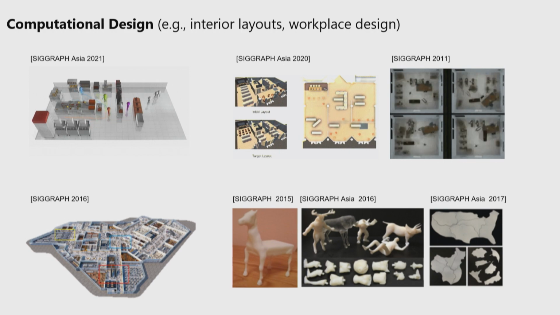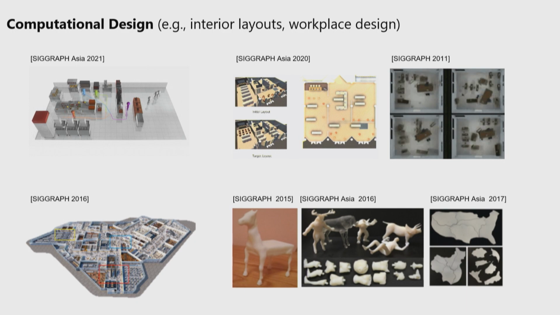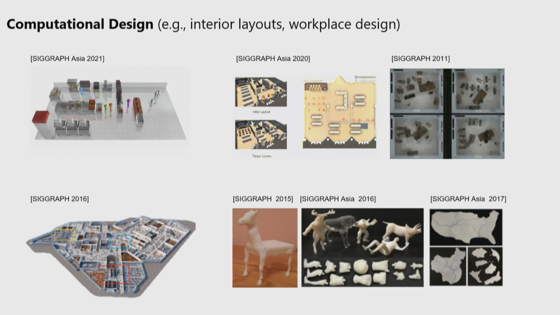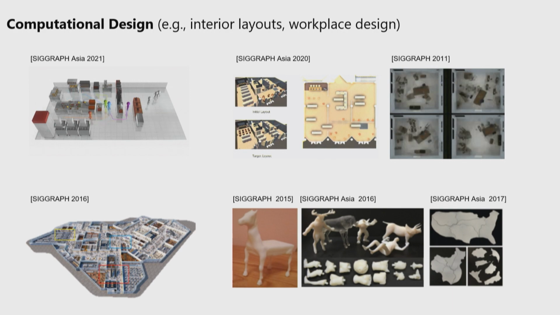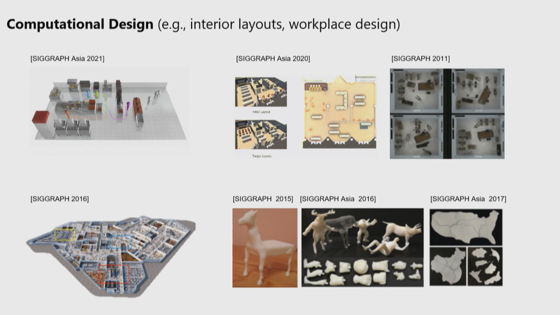Another direction that we have been working on for a long time is computational design. So basically, we want to turn design problem from a manual process into an automated process, right? So in order for us to do that, you have to mathematically formulate the design problem as a mathematical problem that we could utilize computing power to automate and solve. So along this line, we are able to generate, for example, interior design layouts, workplaces, architectural layouts, and earlier on, we also worked on generating 3D models that have different desirable properties.